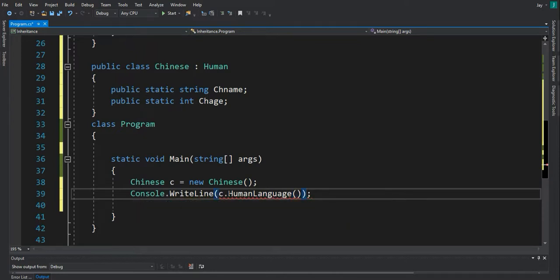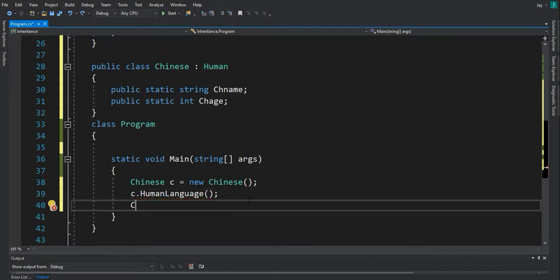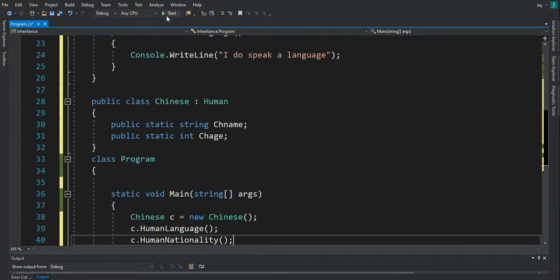Then also print it out. There's no point putting it right now. Let's just put console dot read line. Read line, sorry. Okay, so let's try and access that. Then I'd also like to call the human nationality as well. Okay, so we start that,